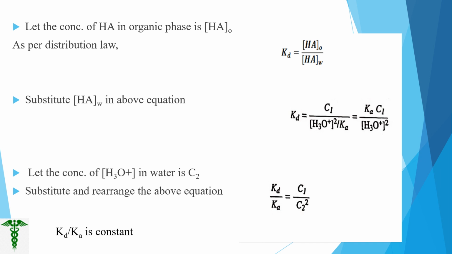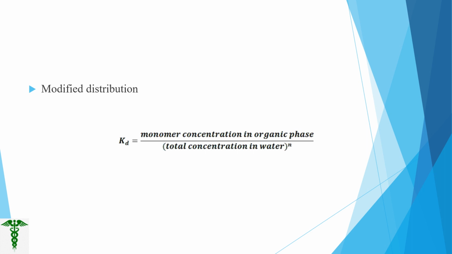So instead of that, we are telling the hydronium ion concentration, let it be C2. So we substitute this hydronium ion concentration with C2. So we'll get the dissociation constant equal to C1 by C2 square, and we are telling this Kd, whatever constant, should be a constant. So as per the modified distribution, we are telling